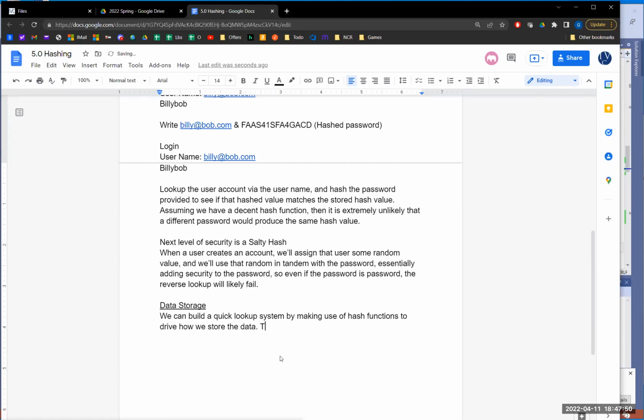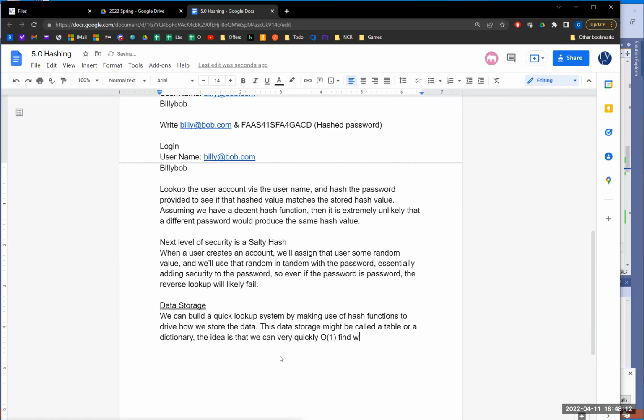All right. This data storage might be called a table or dictionary. The idea is that we can very quickly, if things are working properly,